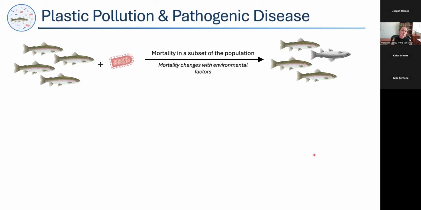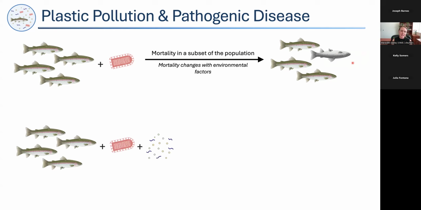So we know that in both wild and aquaculture fisheries, one of the greatest causes of stock loss in those systems is diseases such as viruses. And something that's been established within this field for many decades is that when you introduce a pathogen such as a virus to a fishery population, the mortality, or the number of fish that are going belly up as a result of that introduction, is going to change based off a variety of environmental factors.